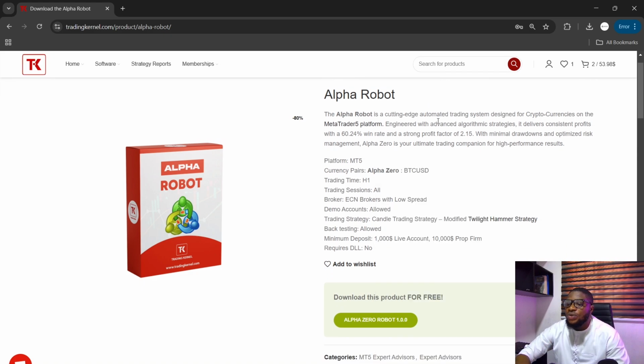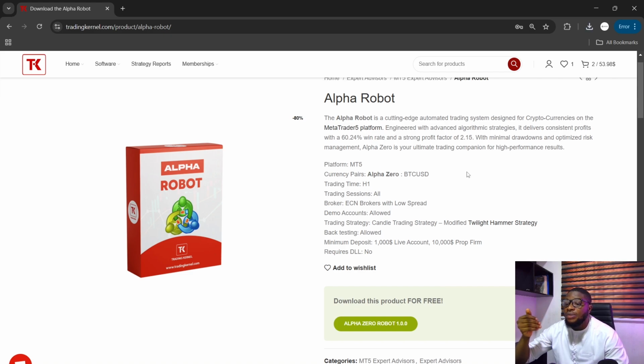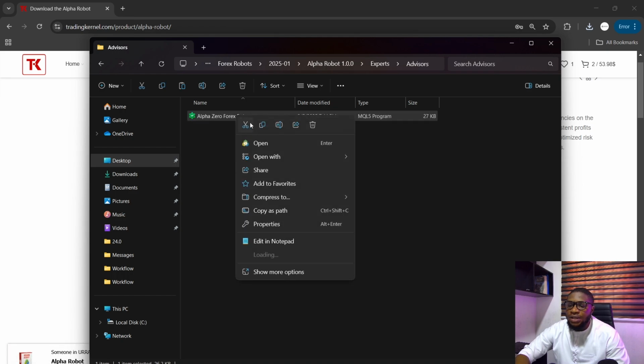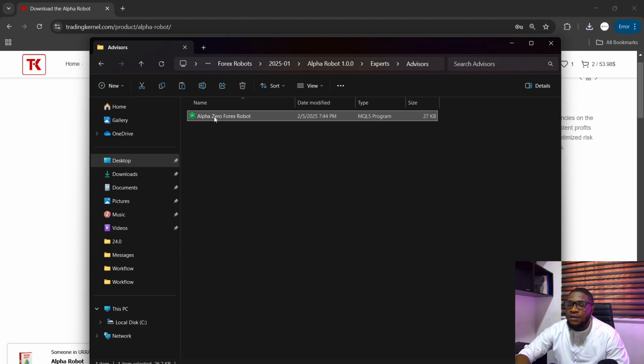So all you need to do is to purchase the software. Once you're done purchasing, you're going to get an email with a link to download this software. All right, but I've already downloaded the software here. So all you need to do is to extract the software, and you're going to get to this section. I'm just going to open up my experts folder, open up the advisors, and copy this software here,